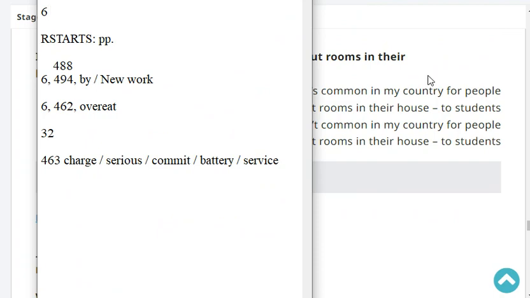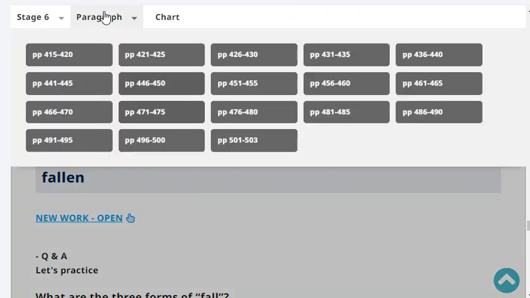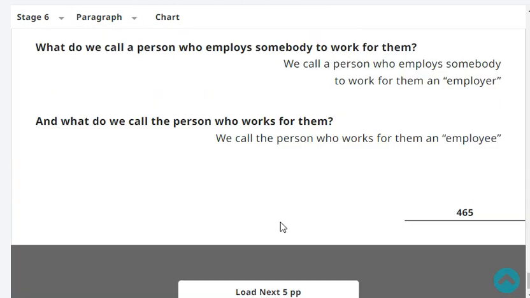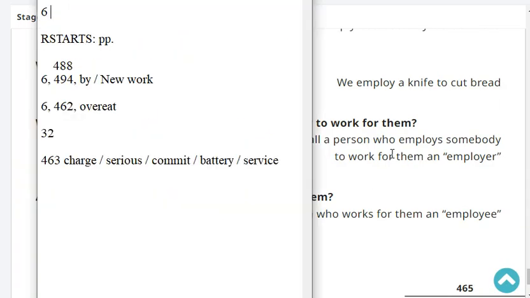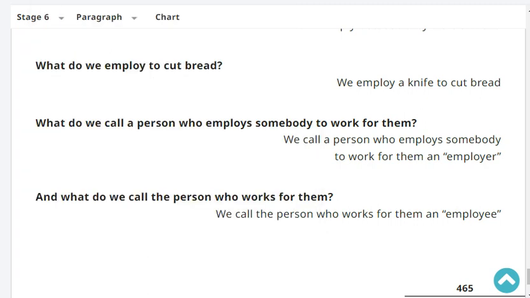Okay, so our reading is at stage 6, page 462, and the last headword was overeat. Okay, please start at page 463. Headword charge, serious, commit, battery, service. Okay. Charge, serious